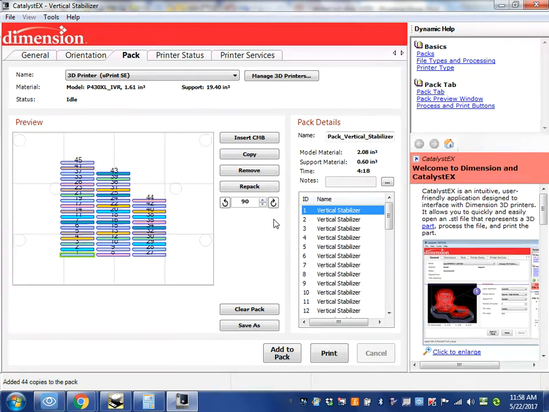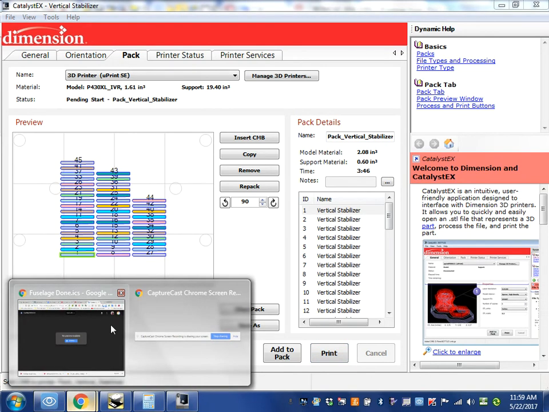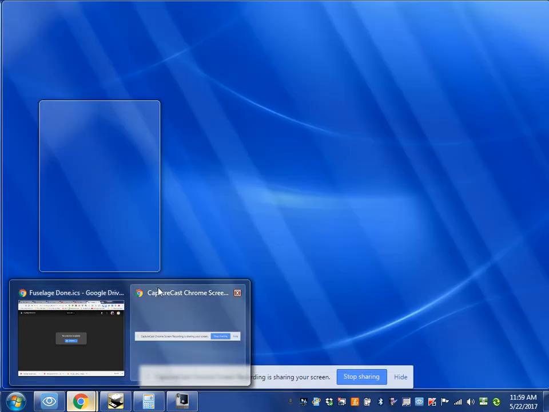I put in some horizontal stabilizers. We're gonna just go ahead and click on print. 2.08. I am going to have to add some model material at some point, but we're going to go ahead and click on print. And just like that, our vertical stabilizers we made today are being sent to the printer as we speak. So they're going to start